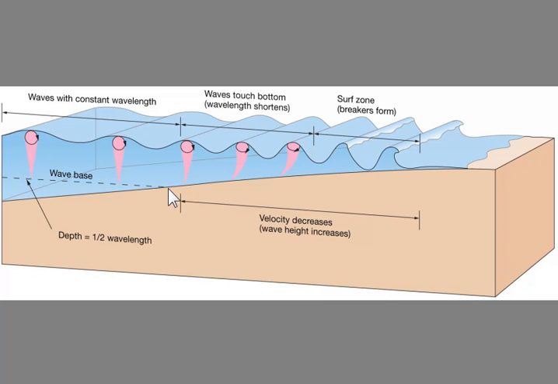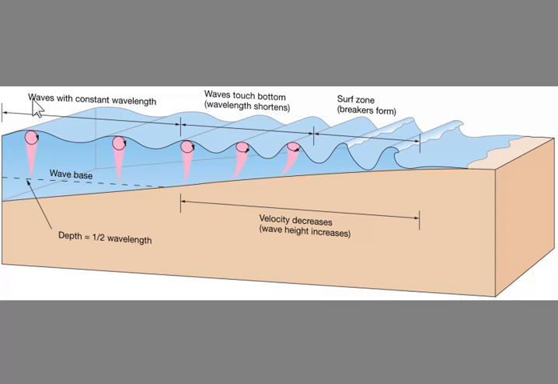When waves move into water that's shallower than the wave base, they start to feel friction with the bottom, they slow down, they get taller, and they eventually break. But we're going to focus here on a process that happens in deep water, a process called dispersion. Dispersion is the separation of different waves by their wavelengths, where faster waves move out ahead and get farther away